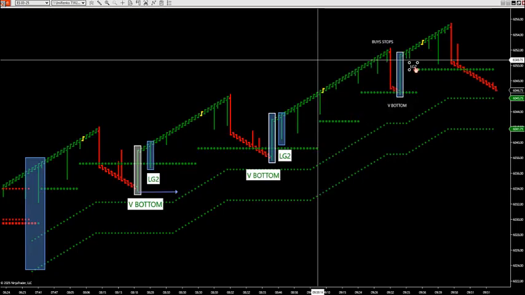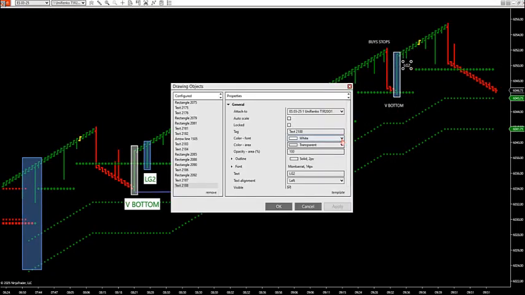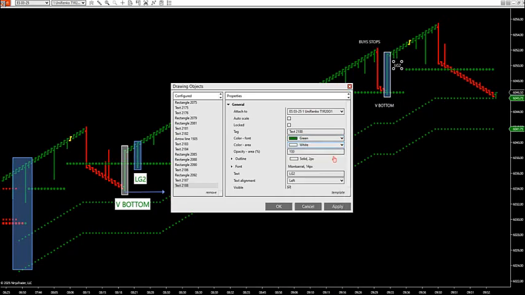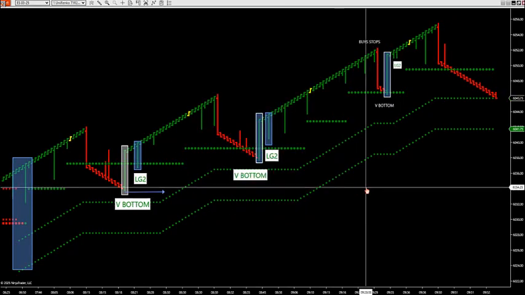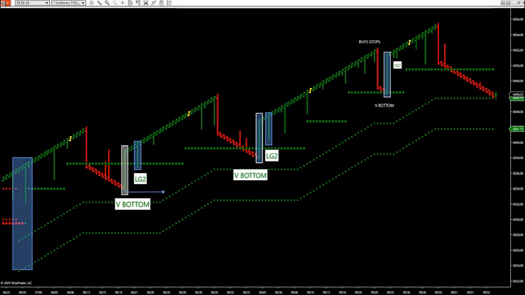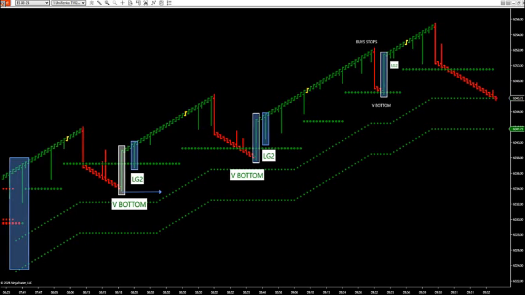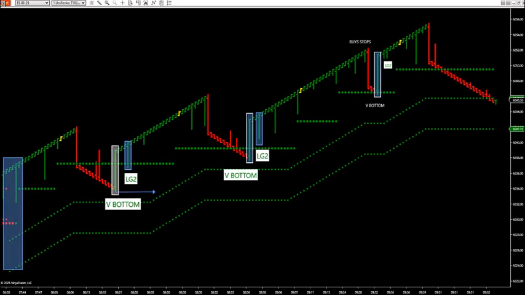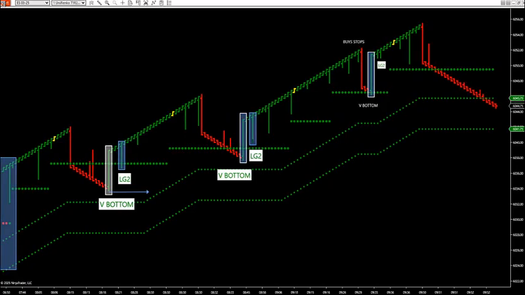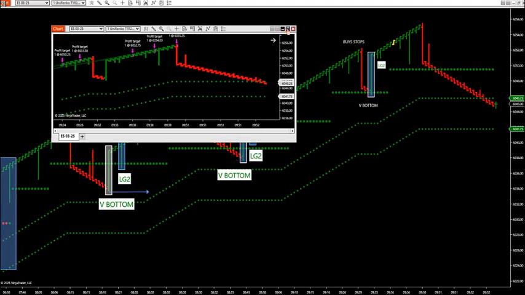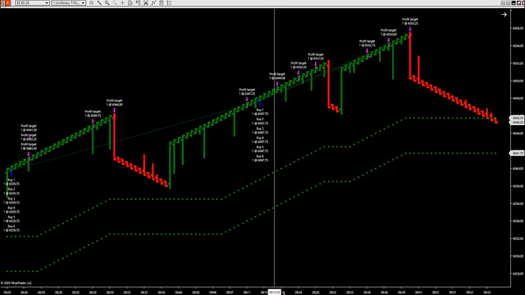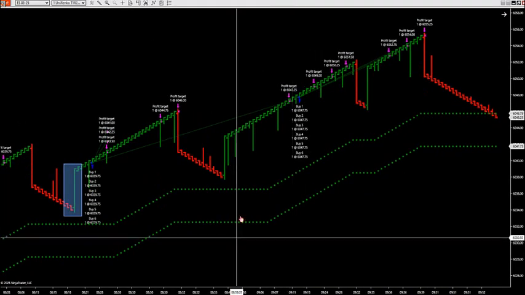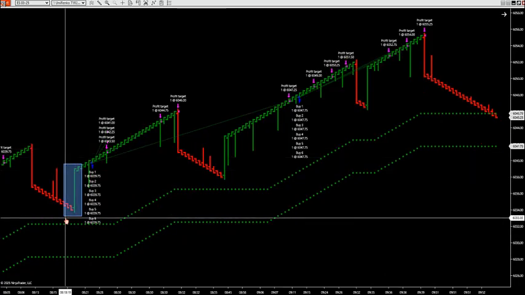There's another LG2. There's your LG2 right there for another drive. All right, so when you're doing these and looking for these LG2 longs, you can turn the liquidity grab trader on right after the V bottom takes place. So when you're running an LG2 strategy, as soon as that V bottom takes place,